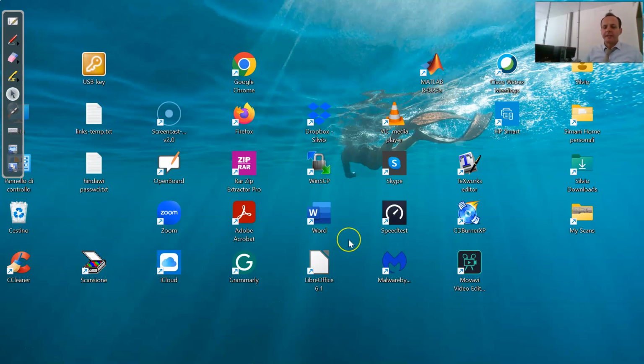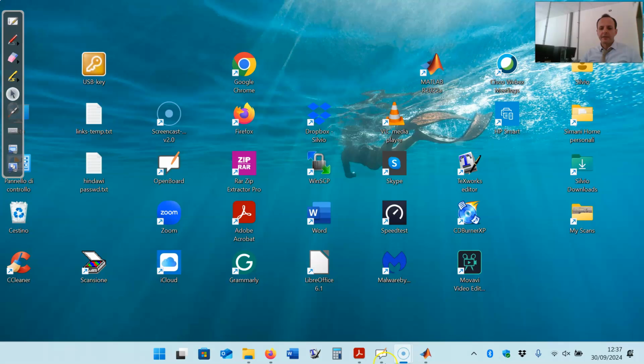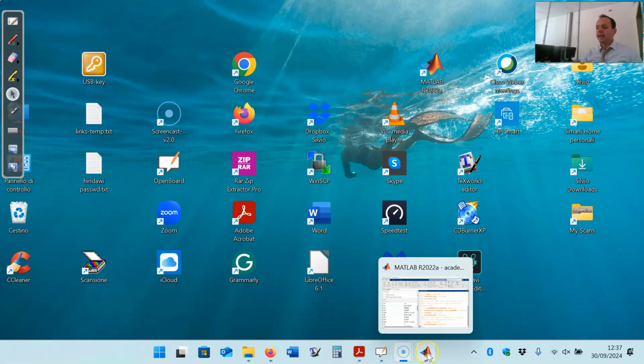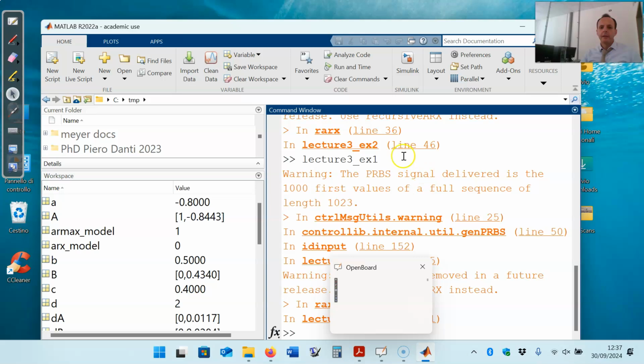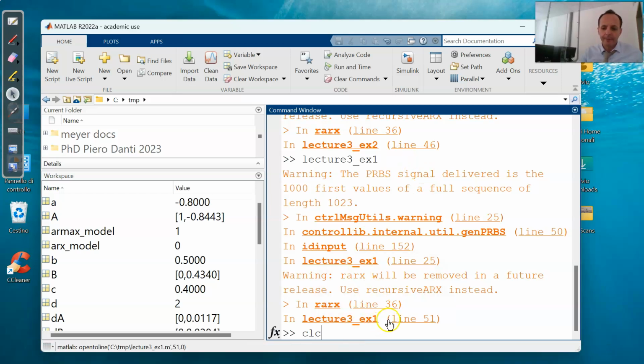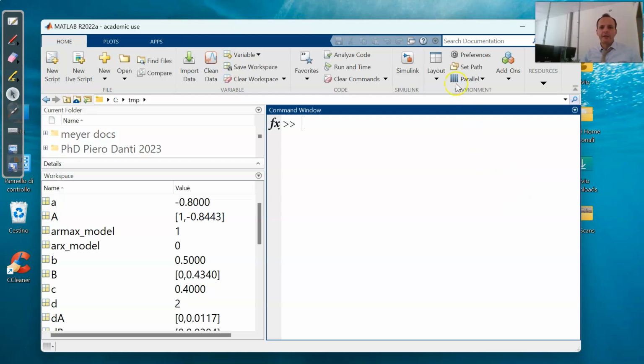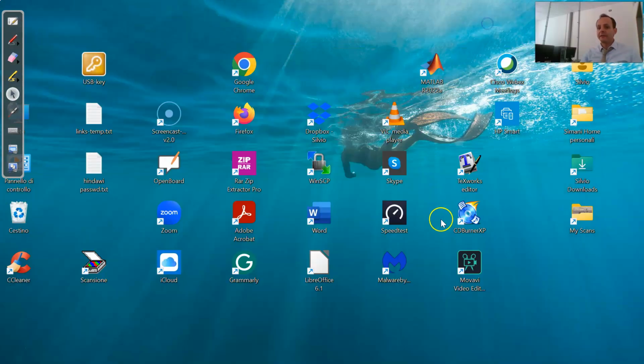So, okay, before starting, before moving to the new topic of the next module, I'd like just to check a couple of examples, very simple, on the use of these recursive identification approaches, because it's something that is not yet implemented in the system identification toolbox, because the system identification toolbox is